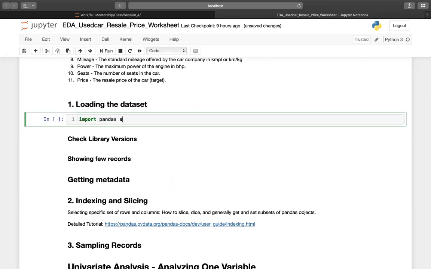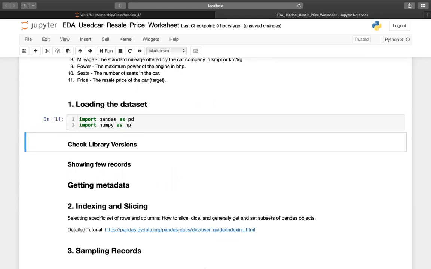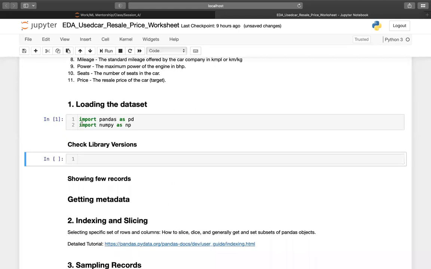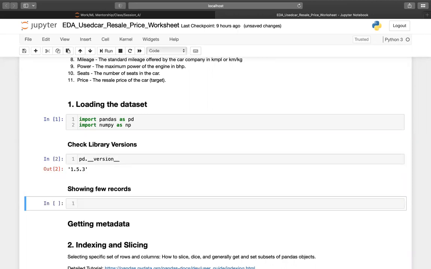So import pandas as pd. Typically, we import these two libraries to start with, pandas and numpy, as we know. And as you've already seen in some of the previous sessions, some of the steps would still be repeated here for completeness, but we'll quickly go through that. It's always a good idea when you load a library to look at the version of the libraries you're dealing with. So pandas is about 1.5.3, and